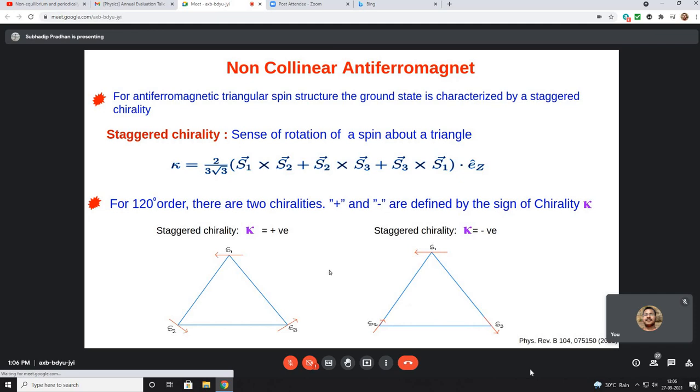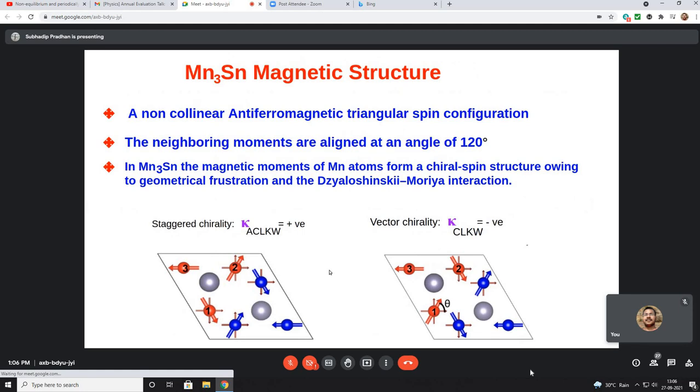And to see this, firstly I am going to discuss the ab initio calculation results of Mn3Sn. So here I am going to discuss the Mn3Sn magnetic structure. In Mn3Sn, those are the Mn atoms with magnetic moments, and Sn is the middle one. These Mn atoms are in a 120 degree non-collinear antiferromagnetic triangular spin structure. And as I talked about before, we are going to see these two types of magnetic structure, one anti-clockwise and another clockwise. We will do the ab initio calculations for these two magnetic structures, and see what the change in topology is for Mn3Sn.